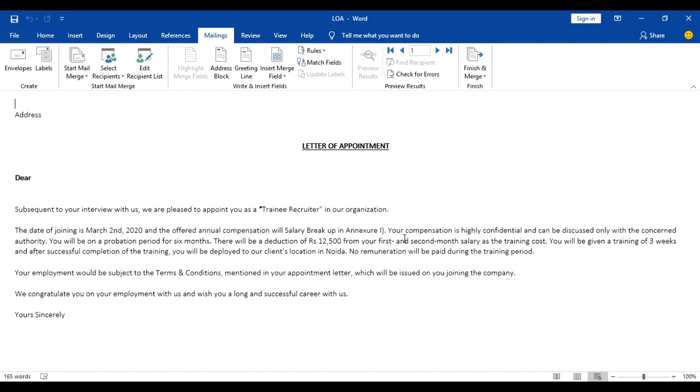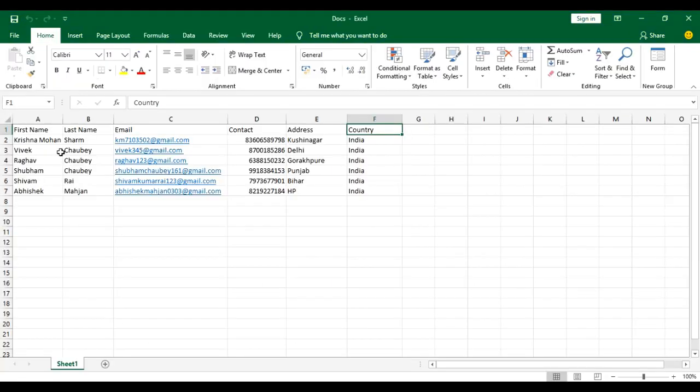Now you want to add the address of the candidate here. You can see Insert Merge Field. You can see first name, last name, email, contact, address, and country. These options are visible because we have mentioned them in our Excel sheet: first and last name of candidate, email, contact, address, and country.